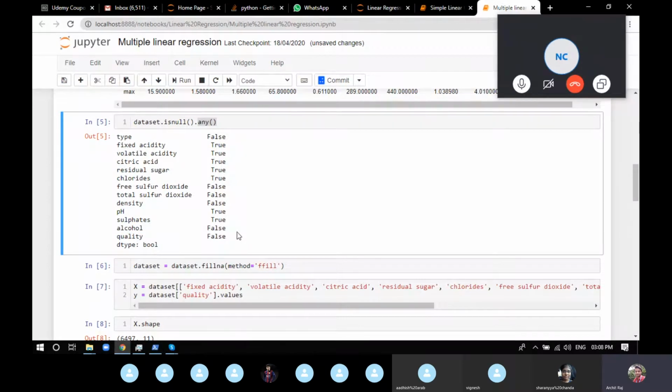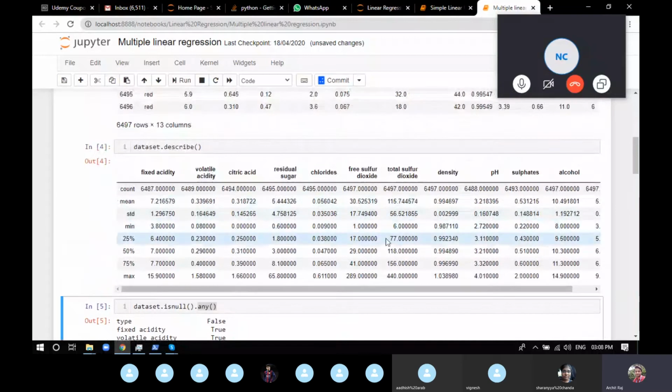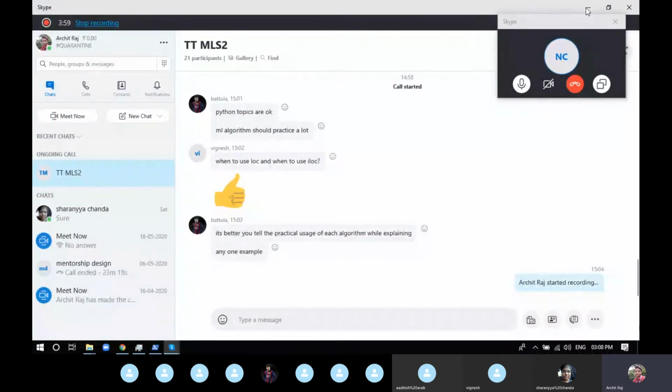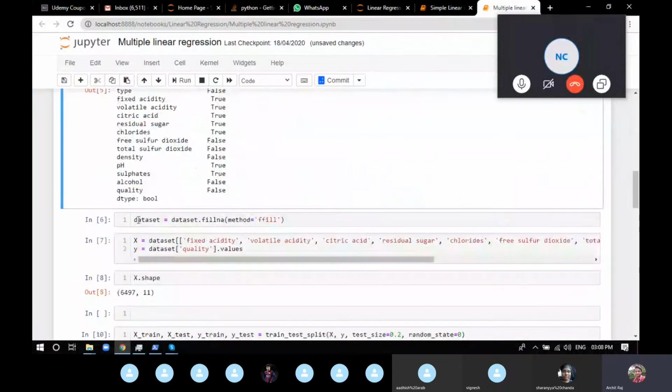So we have to handle that before applying this model to any data set. For this particular example, we just use fillna with method ffill. Now what does this line do? dataset.fillna.